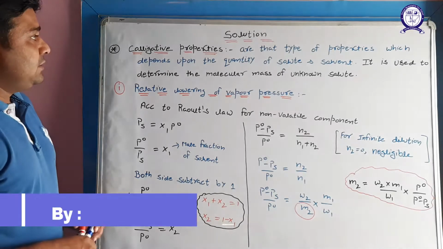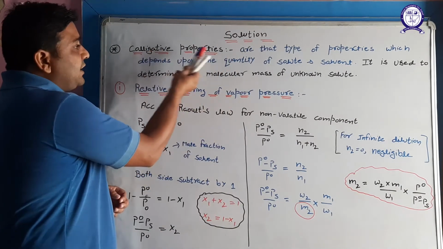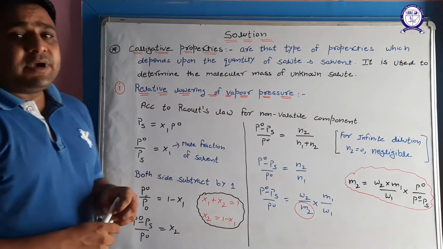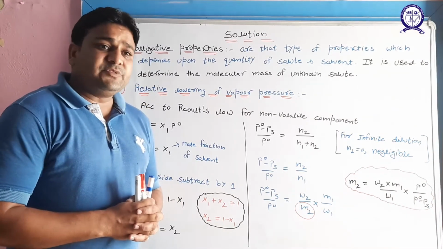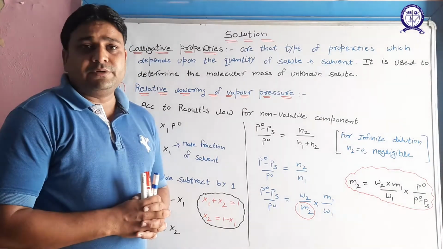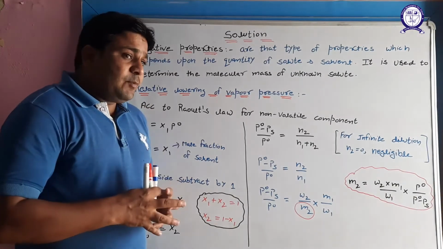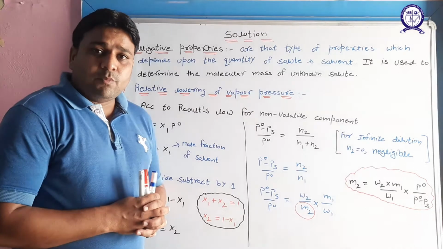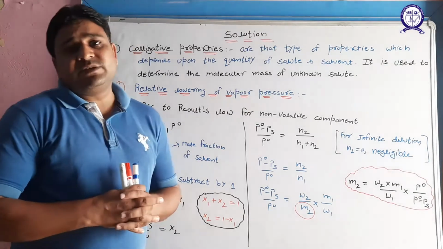Good morning students. Now start with chapter Solutions, and our next topic is colligative properties. Colligative properties are those properties which depend upon the quantity of solute and solvent, and do not depend upon the nature of the solute and solvent. Clear? Colligative properties are mainly used to determine the molecular mass of an unknown solute, and they can be classified into four